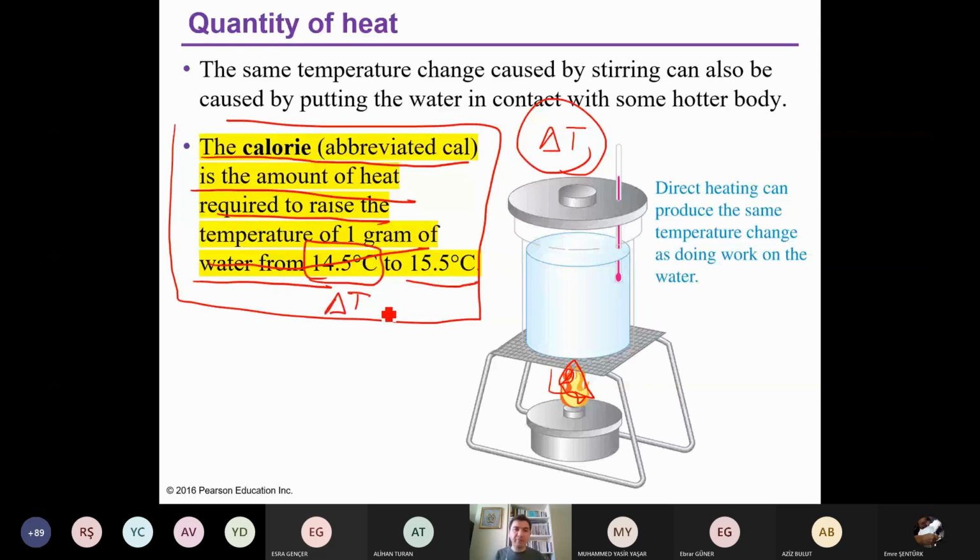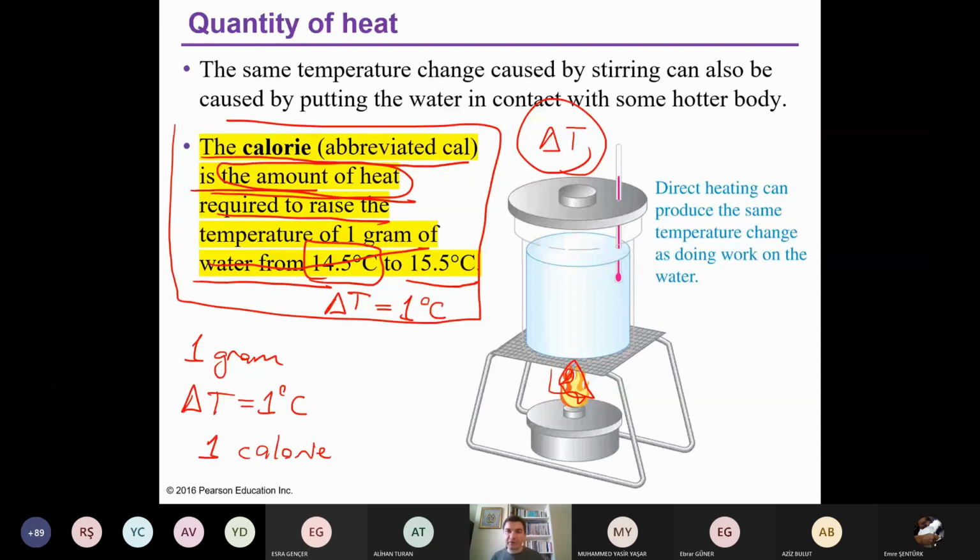You have 1 gram of water and you would like to change its temperature by 1 degree Celsius, and it is called 1 calorie. This is the amount of heat required to raise the temperature of 1 gram of water from 14.5 degrees Celsius